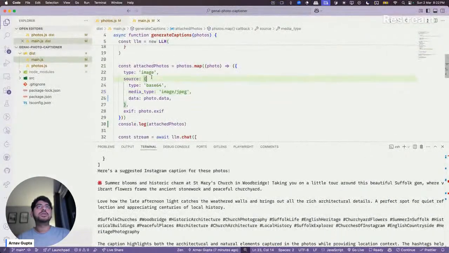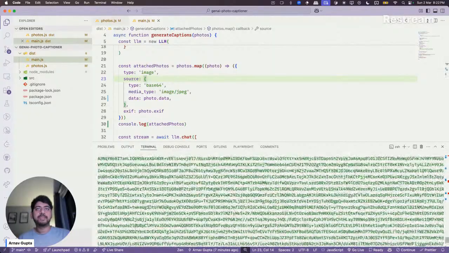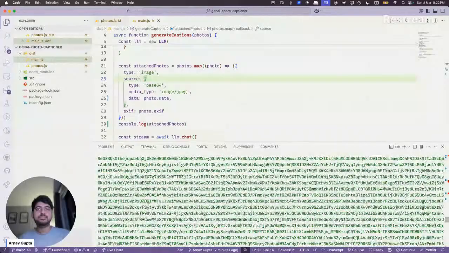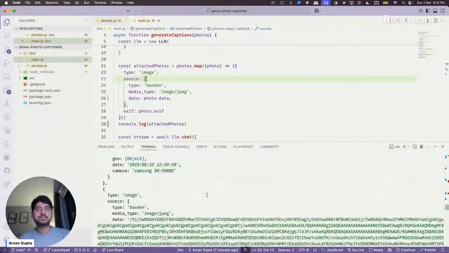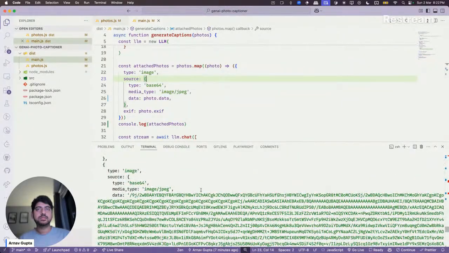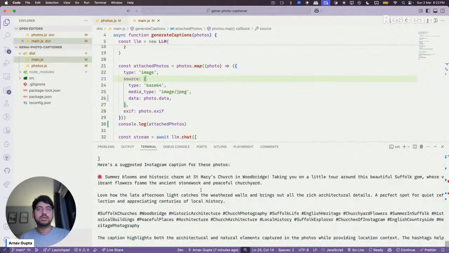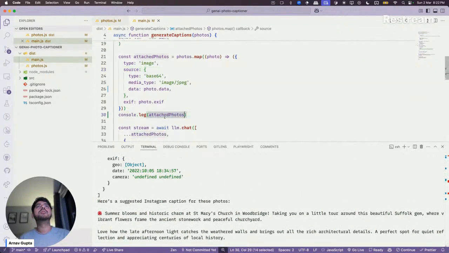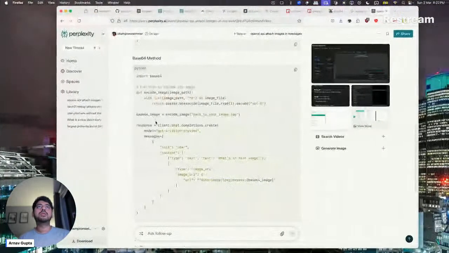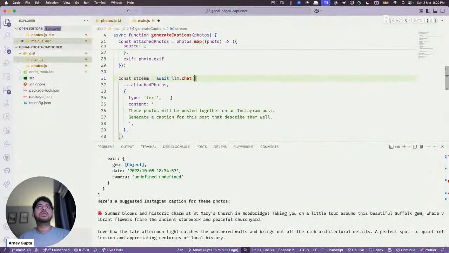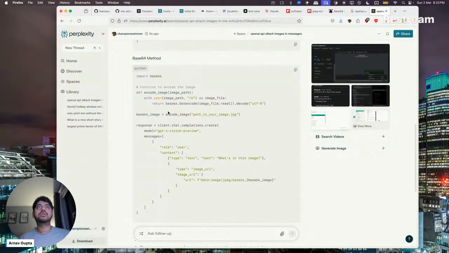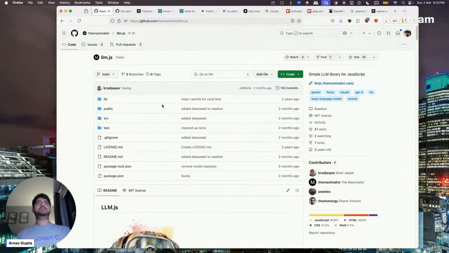So the OpenAI way, it suggests saying, okay. Am I using the LLM format correctly?